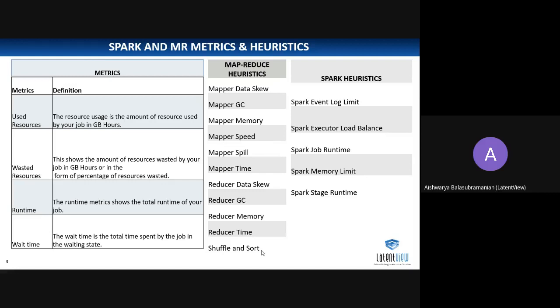So after all the mappers emit their data locally, next is sorting and shuffling. After sorting and shuffling, when the data enters the reducer, is it entering in a correctly distributed manner, or am I facing any skewness of data there? And what is the reducer memory, reducer time, reducer GC? The most important thing is shuffle and sort, because most of the problems happen because of shuffle and sort. The reducer has to collect data from each of the mappers, do shuffling and sorting, and only after that will it feed into the reducers.